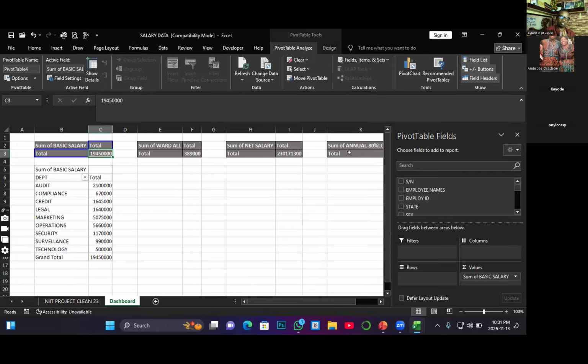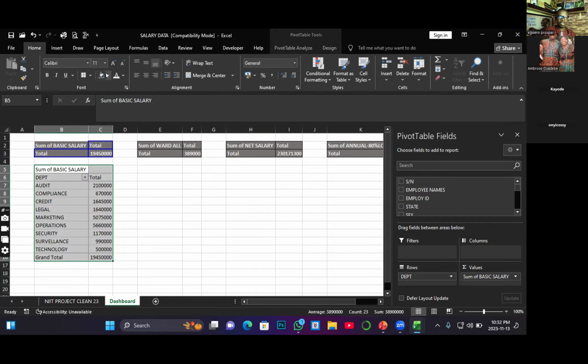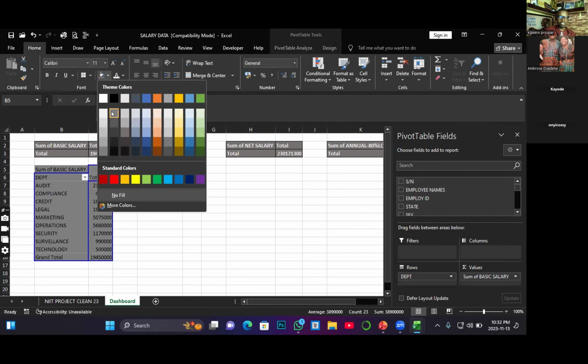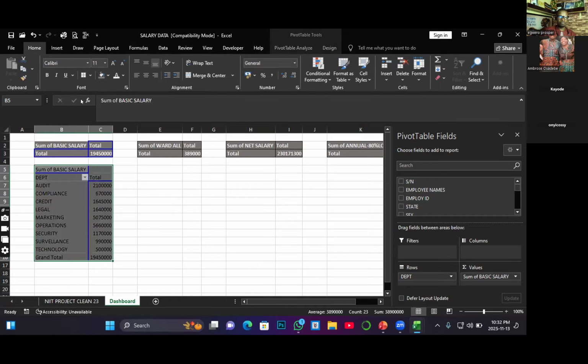You can use just one color, combine it with white and black, which are default colors, and you have a very super friendly dashboard. So now I want to highlight the whole of this and then go to the Home tab and then click here. I think I want to maintain the same structure, and then I want to also give it this